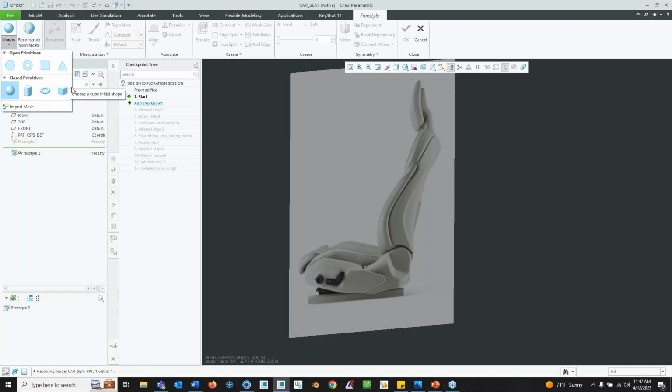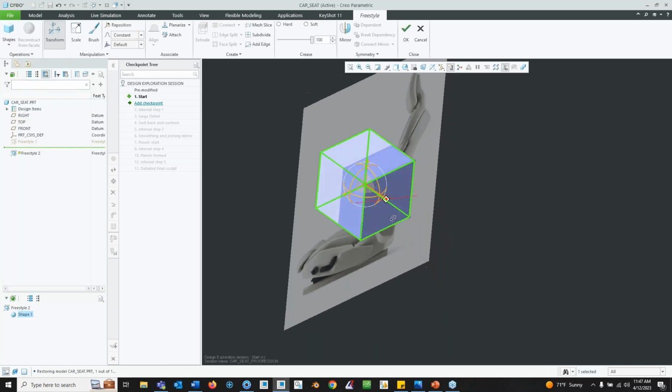In this case, I started with a cube. Some of you may have heard the term box modeling, but that just means I'm taking it in its most rough form and only concerned with the overall main shape. So if I take this cube,